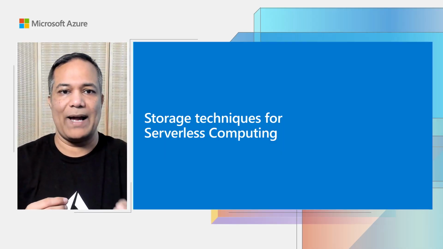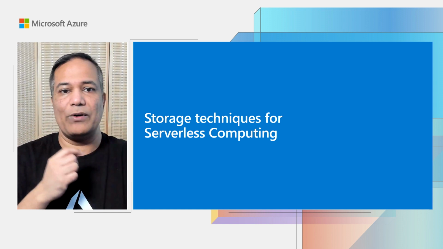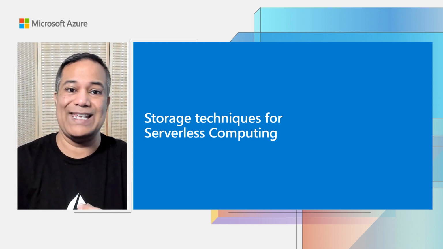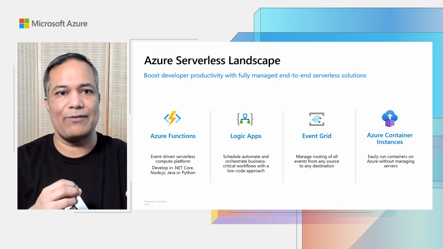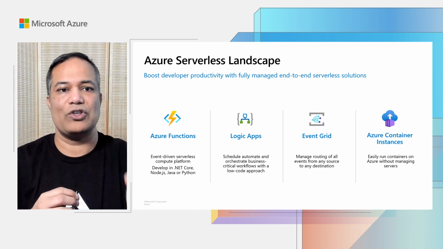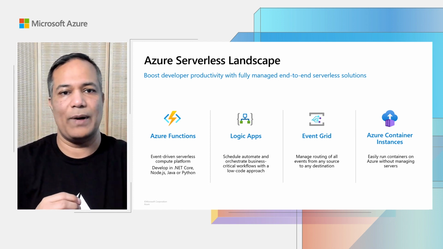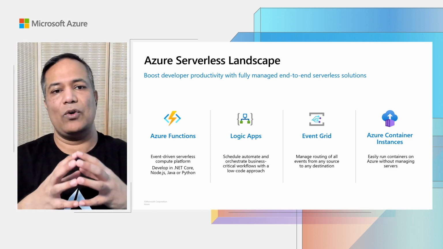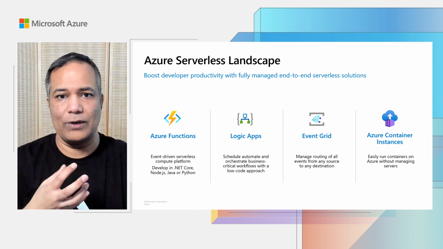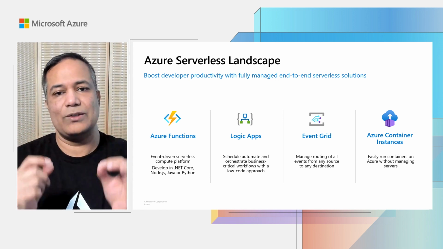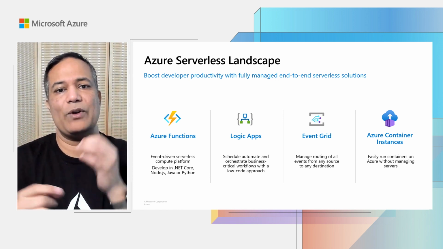All right, so let's talk about the last pattern, which is serverless computing. It's a very powerful and flexible pattern, with a number of different services in Azure that make it easy to build these serverless applications. Azure Functions gives you an event-driven serverless platform, and you can develop your functions in .NET Core, Node, Java, or Python. Logic Apps give you a low-code way of doing orchestration and workflows. Event Grid is a foundational service for serverless computing because it gives you